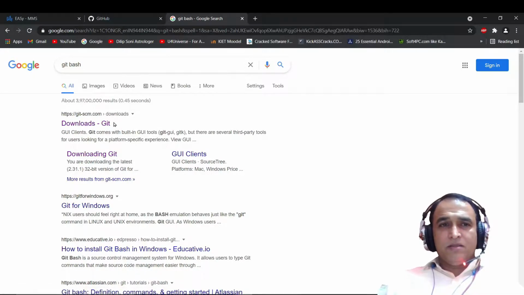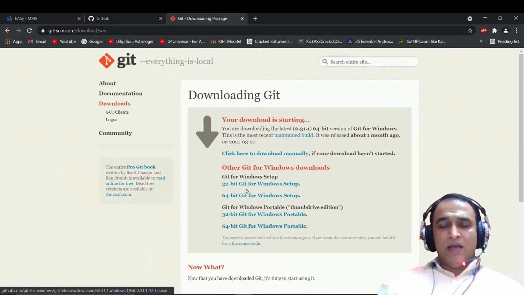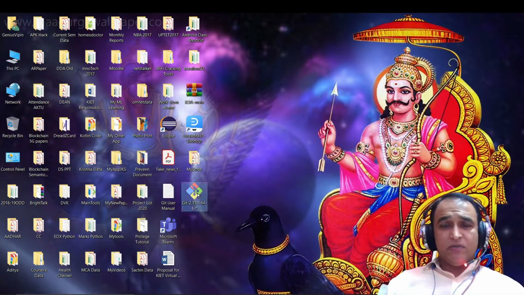git-scm.com. Just click on this website, and whatever operating system you have, Mac, Linux or Windows, just click on it. I have Windows, so I click on this. And as per your Windows, 32-bit or 64-bit, according to your processor, download the version. I have 64-bit, so I have already downloaded the 64-bit one like this. Just double click on it